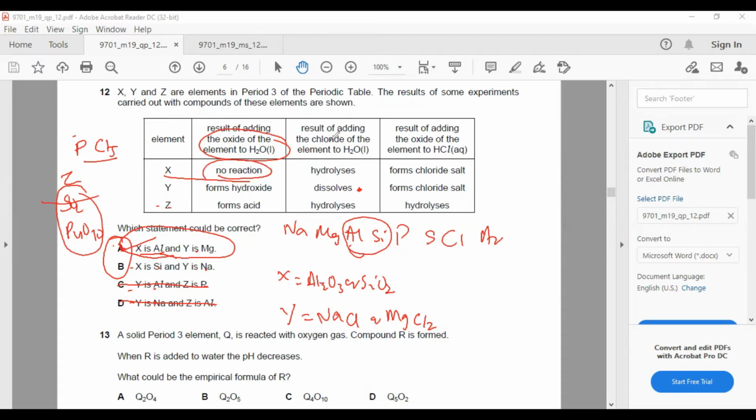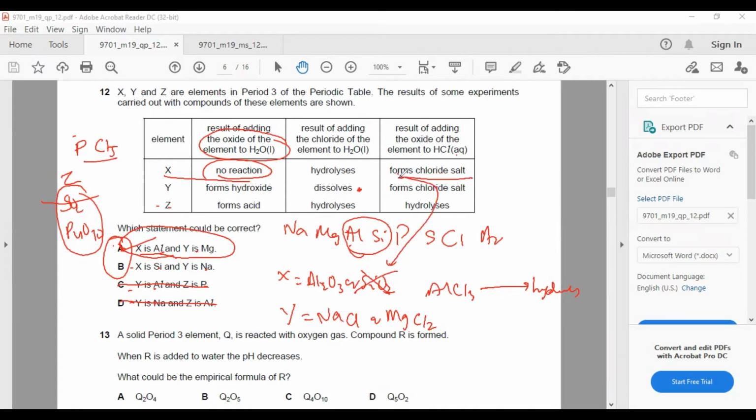Aluminum chloride hydrolyzes in water. Silicon chloride also hydrolyzes, yes. Adding the oxide to HCl forms chloride, it cannot be silicon dioxide now after reading this, because silicon